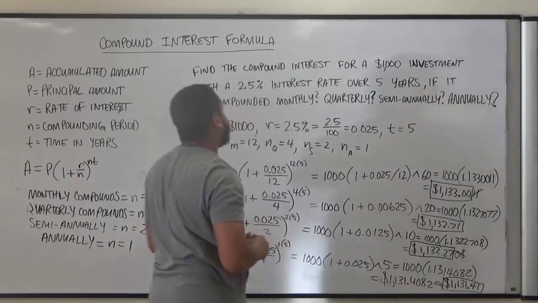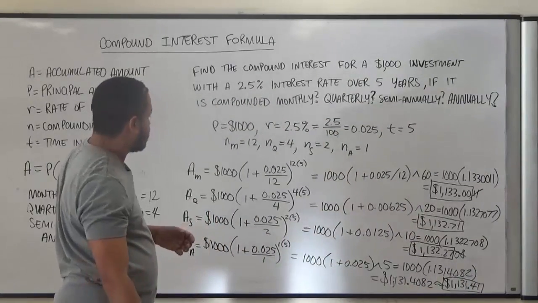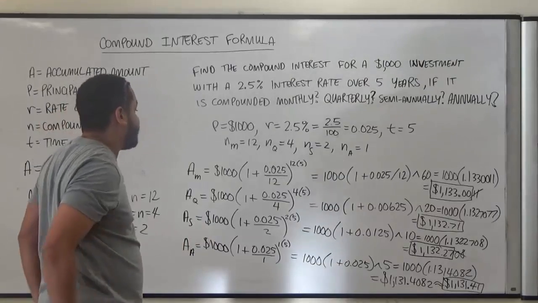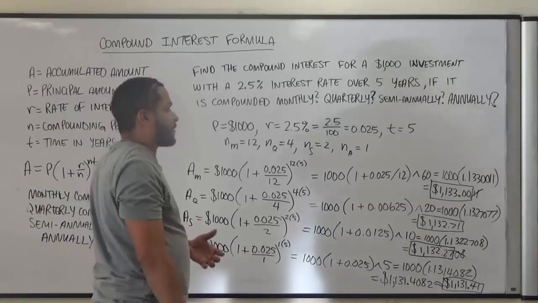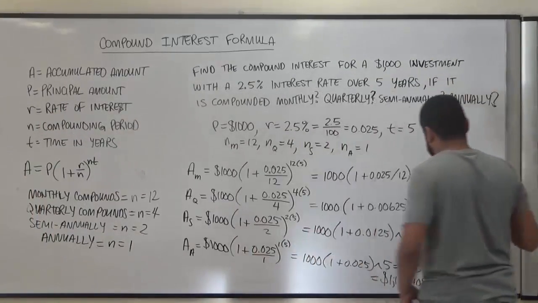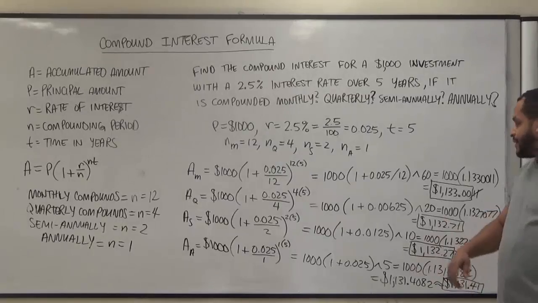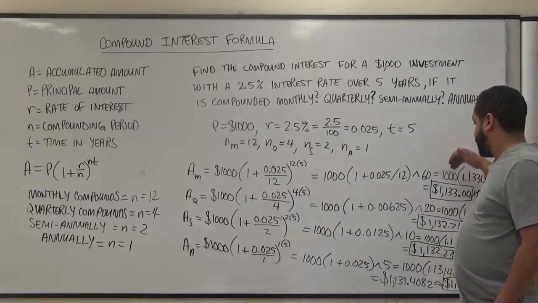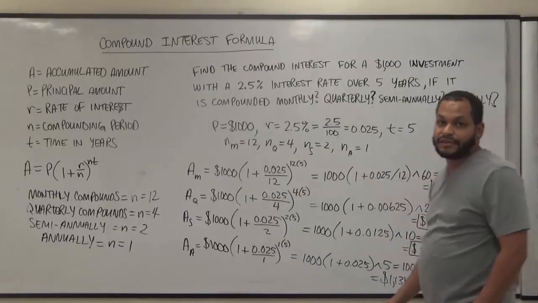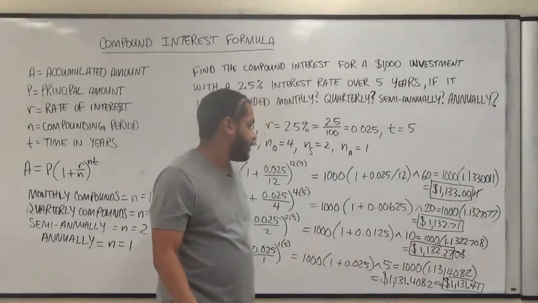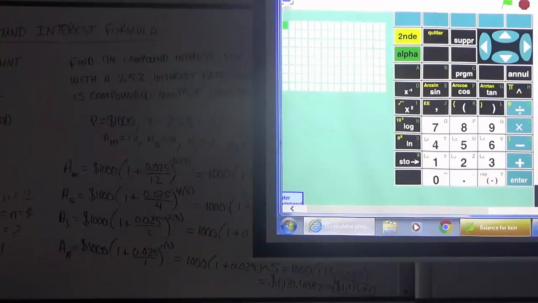And now going back and looking at which is the best number of compounds to have in a year, we see that having 12 compounds generates the most compound interest, whereas annual interest only compounds once. The monthly compound actually gets you more generated, right? All right, now when you're calculating this by hand, and your calculator's actually not by hand,